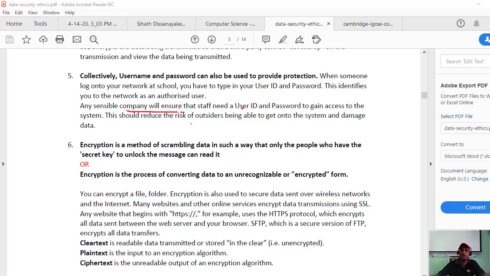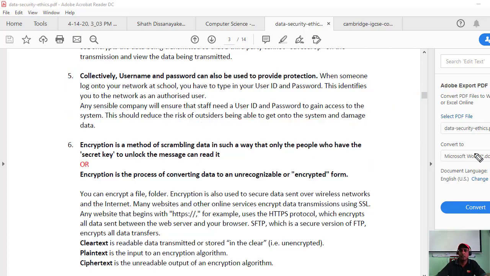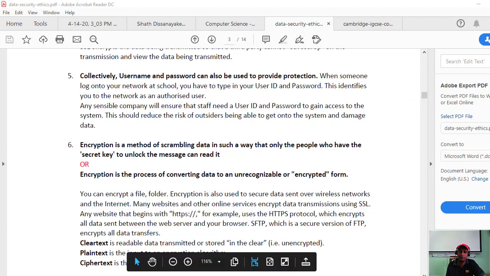If you have 100 or 1,000 employees in your computer network, with every employee having a laptop or desktop, definitely they will get a unique username and password. This should reduce the risk of outsiders getting onto the system and damaging data. This is a very basic authentication method, and every system has it.